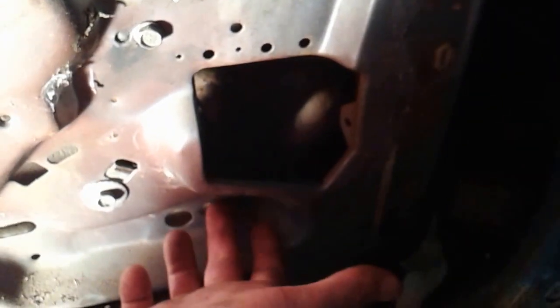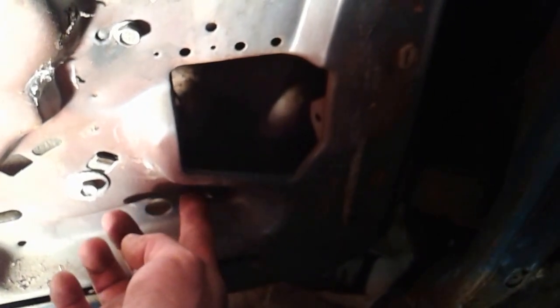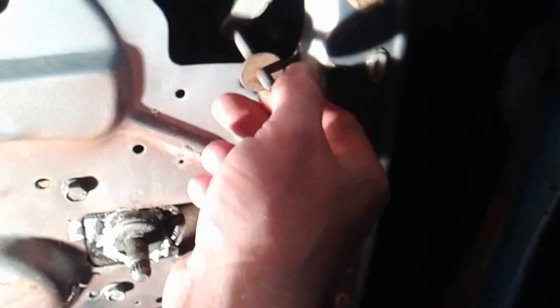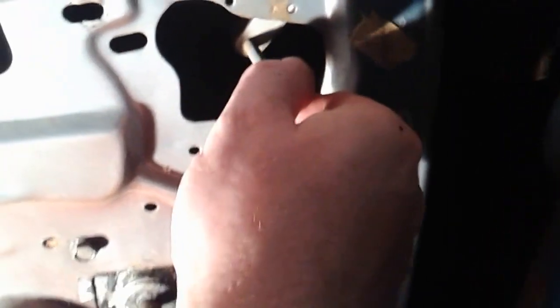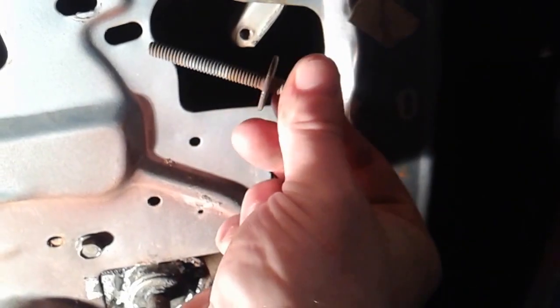So in removing the window, when you unscrew the bolt that's down here at the bottom, you can push whatever's holding the other end of that bolt through and feed it up. However, before you get to the top, you might as well just go ahead and pull this guy out. You got your hands on it, right? Okay, because you're not going to be able to get it out this way. So if you go ahead and remove this, it'll save you a whole lot of headache. That's one of the things I just kind of learned. So take that off,